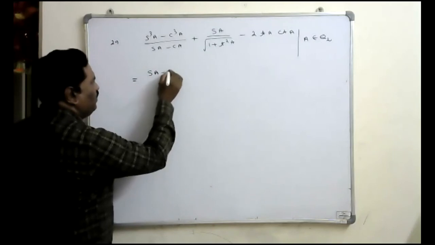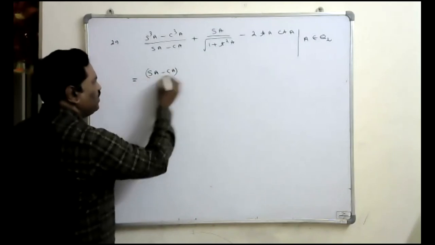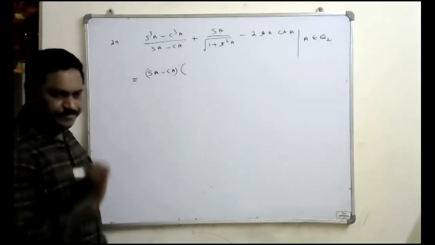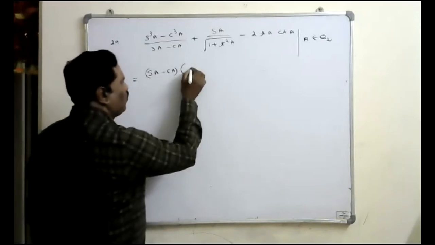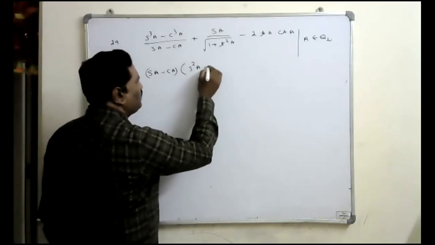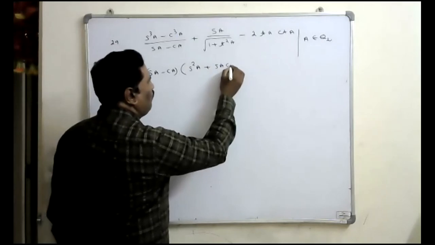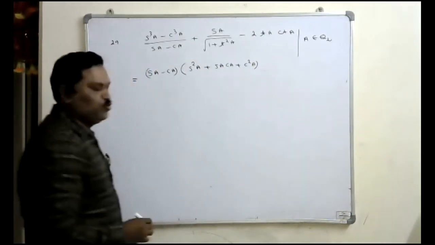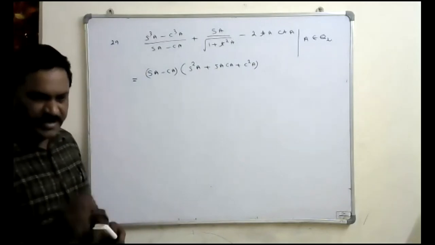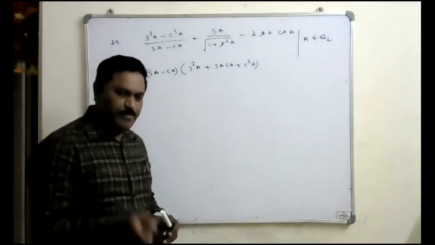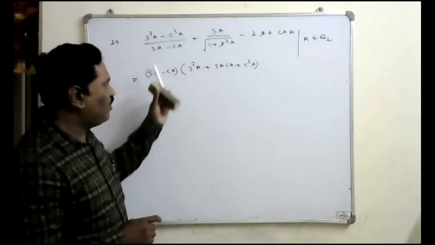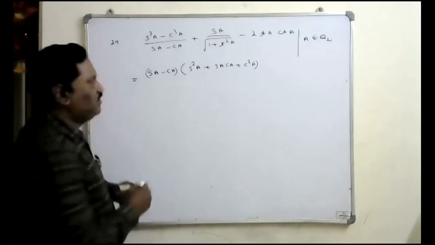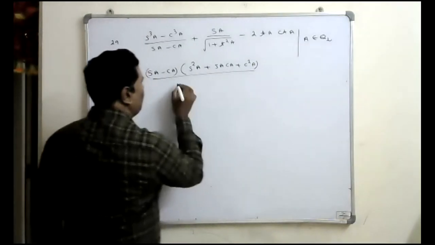The formula for A cube minus B cube is A minus B into A square plus AB plus B square. So by using that formula, we will write the factors upon sin A minus cos A